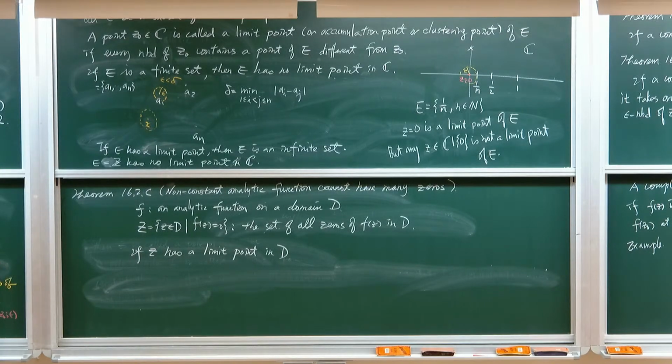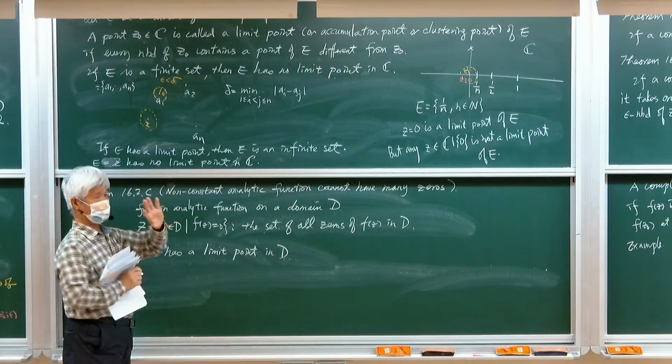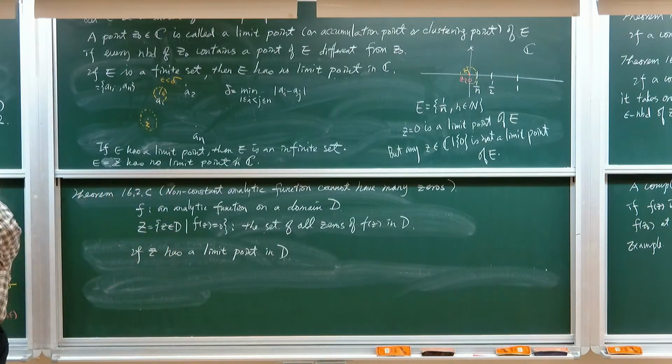Okay? So of course, if a set has a limit point, then it must be an infinite set. But an infinite set may not have any limit point. So you have to know that. Okay? You have to know. So if you have infinitely many points,